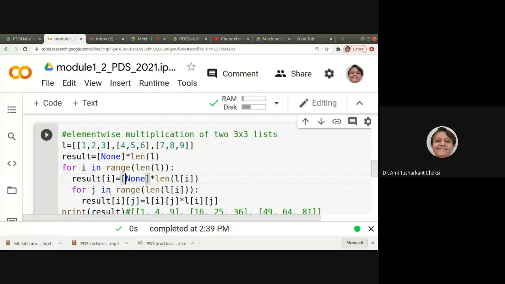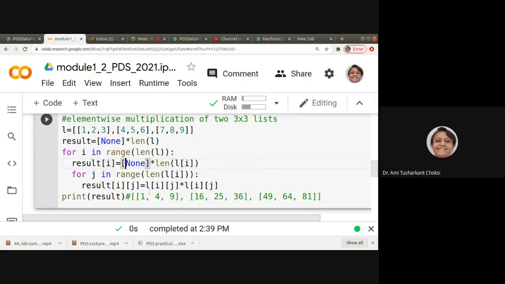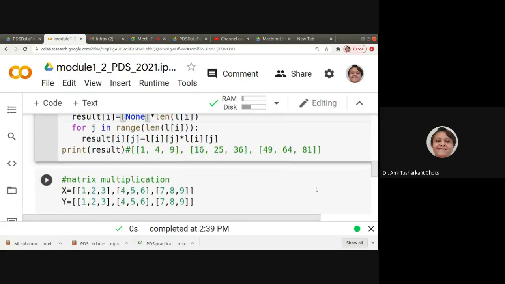For j in range of len of L of i, result of i j is equal to L of i j multiplied by L of i j. So we'll be getting it as 1, 4, 9, 16, 25, 36, 49, 64 and 81. Okay.